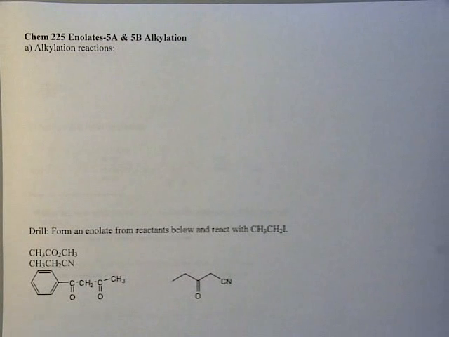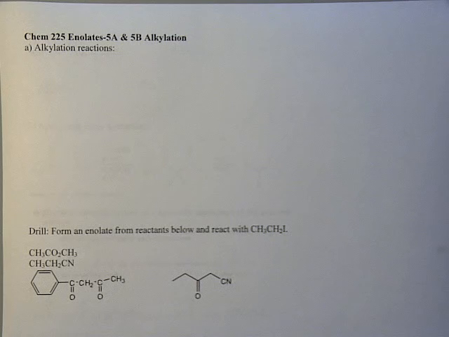Hi, this is enolate lecture 5, A and B, and we're going to be talking about alkylation reaction of enolates. So far, what we talked about is how to make enolates, and then we had as an electrophile halogens, and then secondly we had as an electrophile either aldehyde or ketone in a self-condensation or cross-condensation, and then the last electrophile was where electrophiles were esters, and we did a Claisen reaction in same fashion, either self condensations or cross